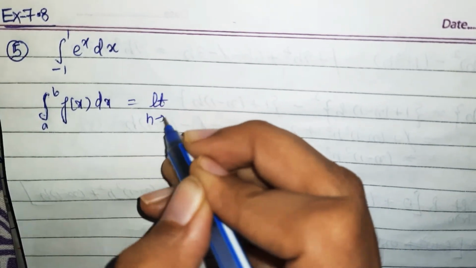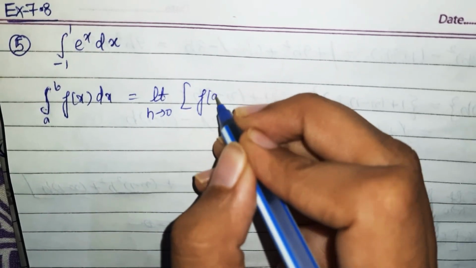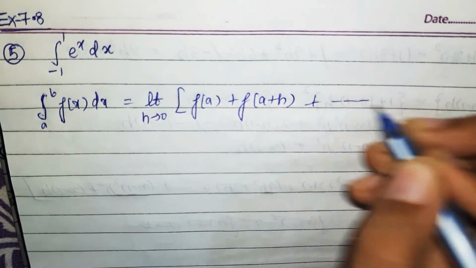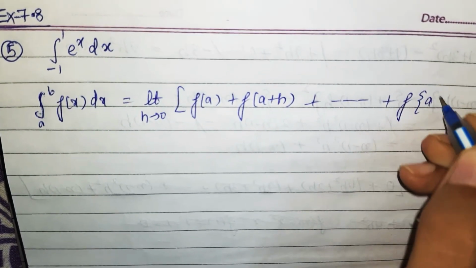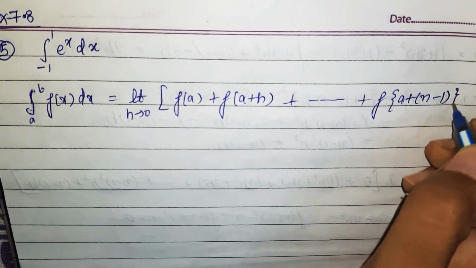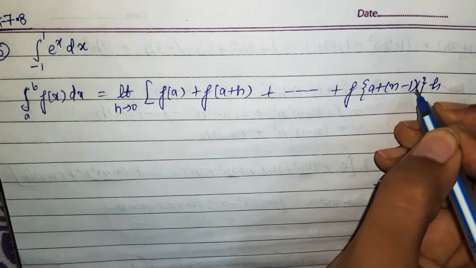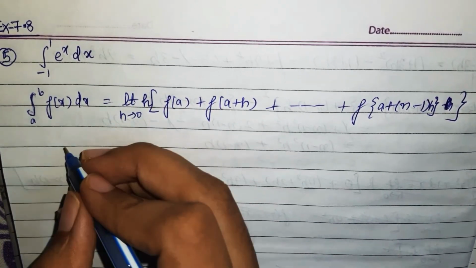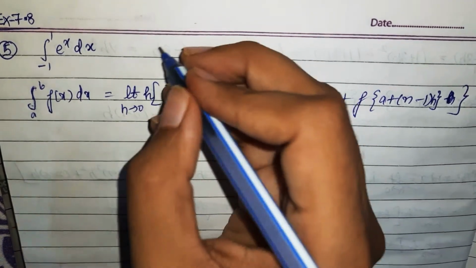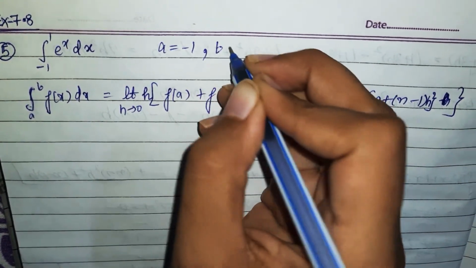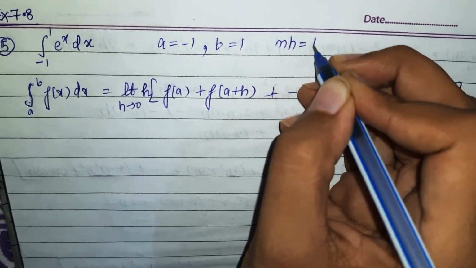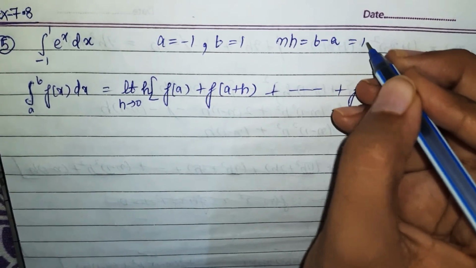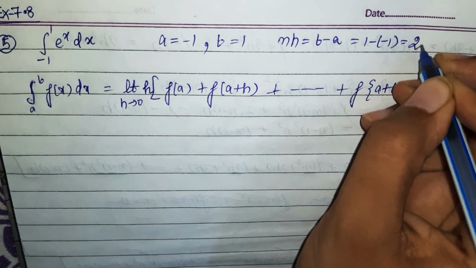equals the limit as h tends to 0 of h times [f(a) + f(a+h) + ... + f(a+(n-1)h)]. Now here a is minus 1, b is 1, and nh is b minus a. So b minus a is 1 minus of minus 1, which gives 2, and